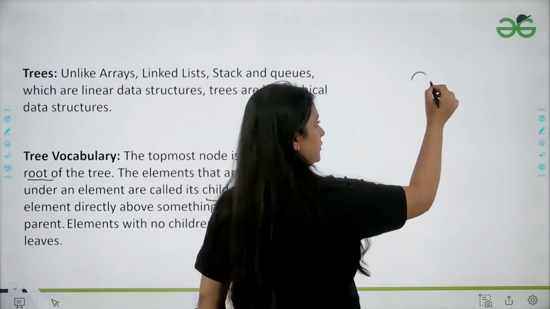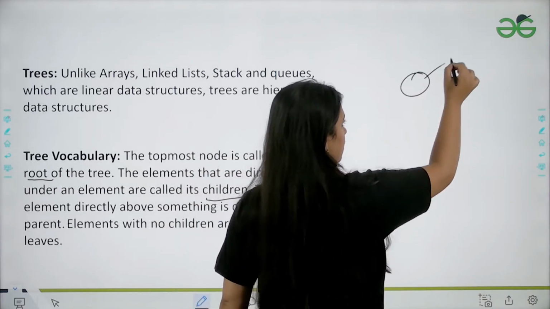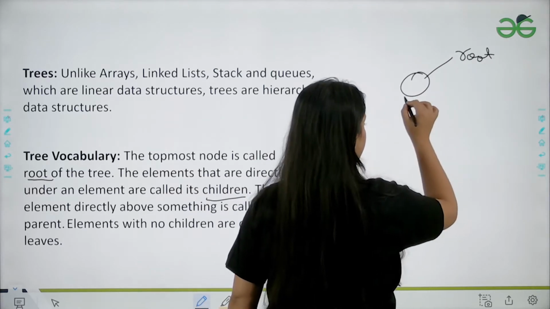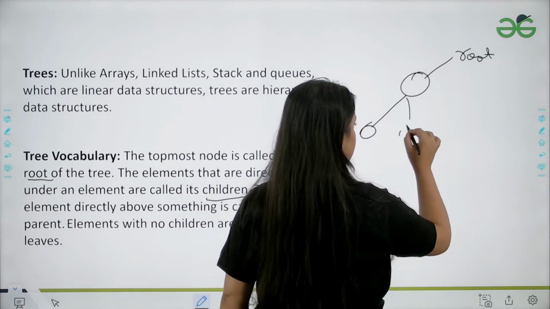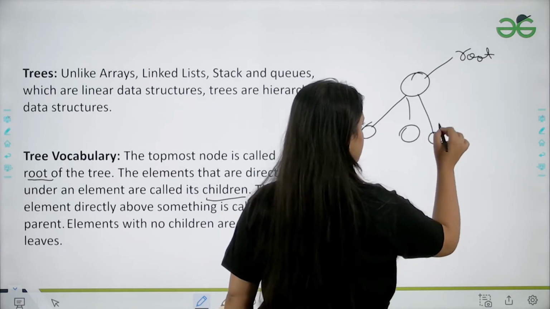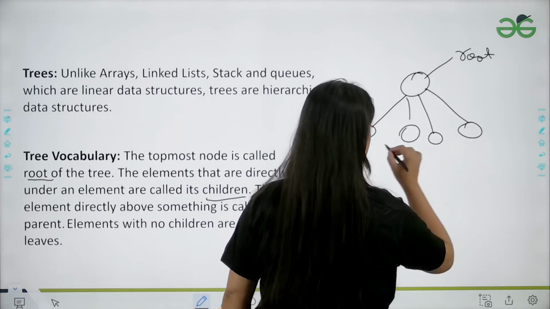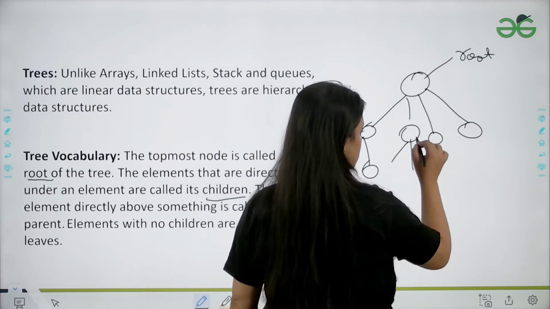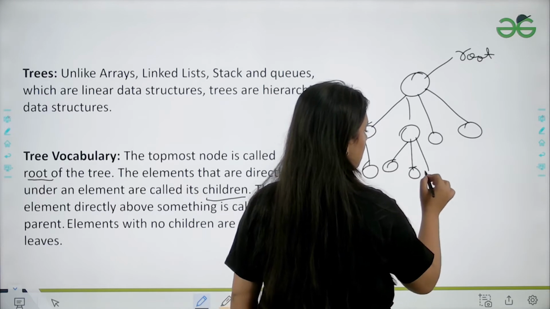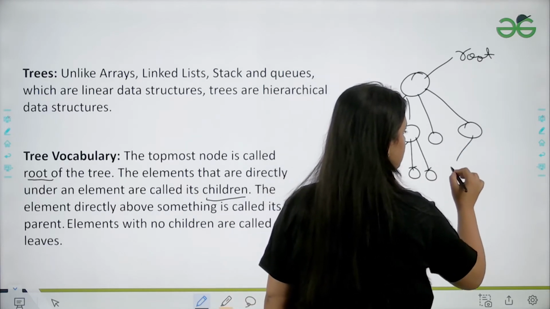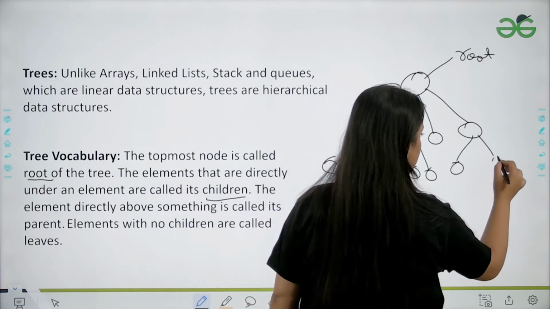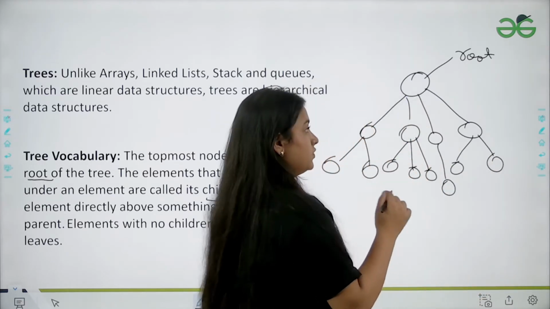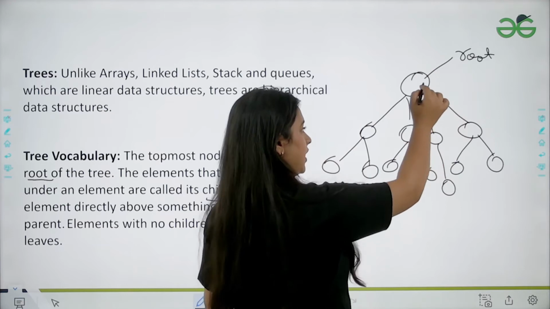So let's assume that this is the root. We are starting from here. Now let me make multiple children. We are assuming that all of these are nodes. So this is the root node because this is the starting point, right?